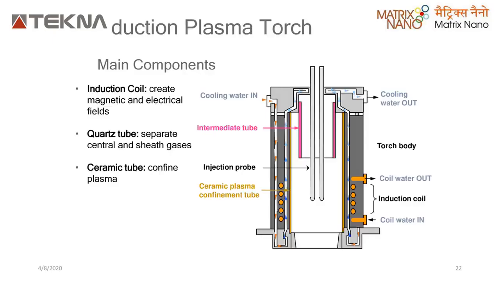Now let's talk about the plasma torch, which is the real patent, in more detailed structure. So the plasma torch mainly consists of three main components around which the whole torch runs. One is your coil, which creates the electric and magnetic fields to give you the induction heating effect, transmitting your RF frequency of 13.6 megahertz from the RF generator, which is locally located. Then here within the main tubes, you have a quartz tube, which separates your central gas and the sheath gas.